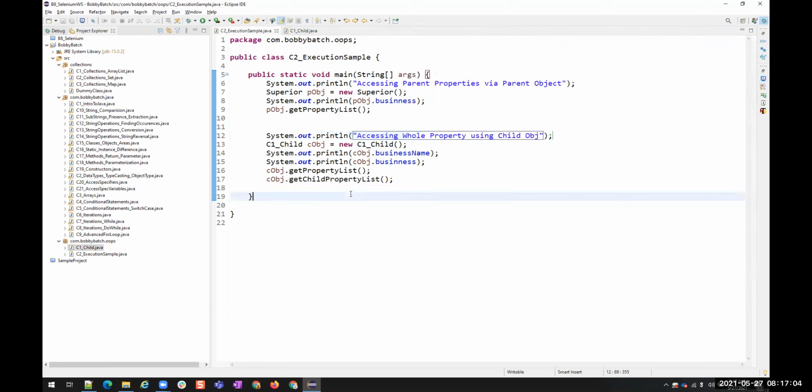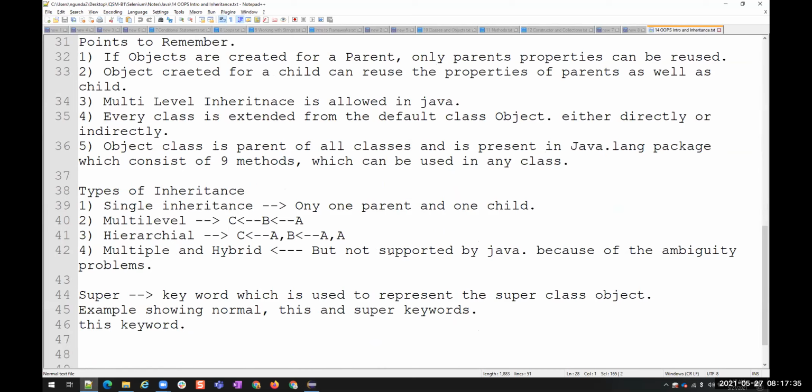Okay, so this is the advantage of inheritance. In our next session, I'll show you some real-time example, like how we add functionality, or I'll take some other example like a car or a book or something else, and then I will show you what exactly it is. But you understood the whole concept of inheritance, right? Basic. We do not have many things to learn out of inheritance. Let us see that later. We have types of inheritance. And we will also learn a new keyword called super as part of this topic.